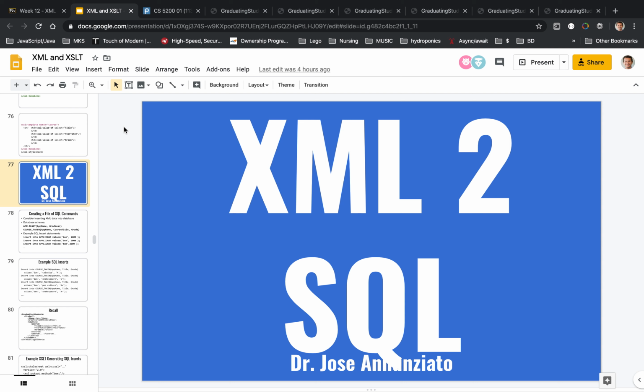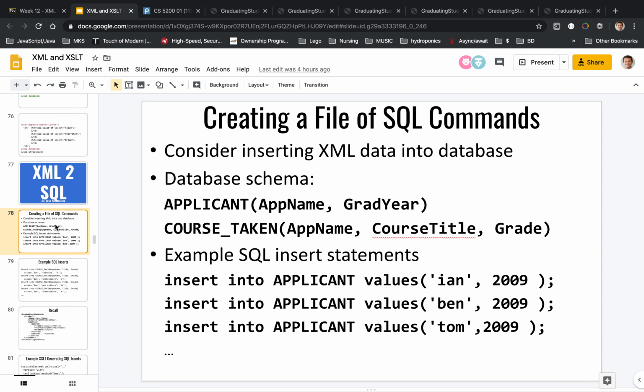So let's look at one more example where we are transforming XML into SQL. Again, we can transform XML into anything we want, and there are commercial tools that can generate any output given an XML document. We'll transform it into PDF. It'll transform it into a Word document. It will extract it into CSV files. We'll do all sorts of transformations that are very, very useful, especially since XML is still very popular because it's